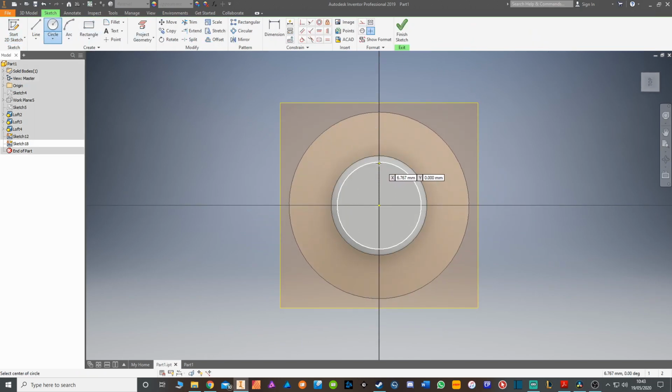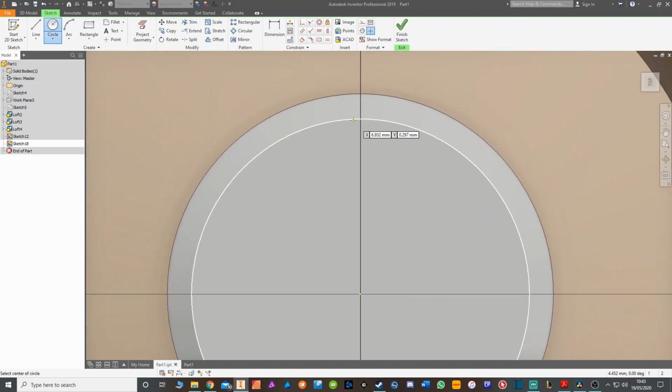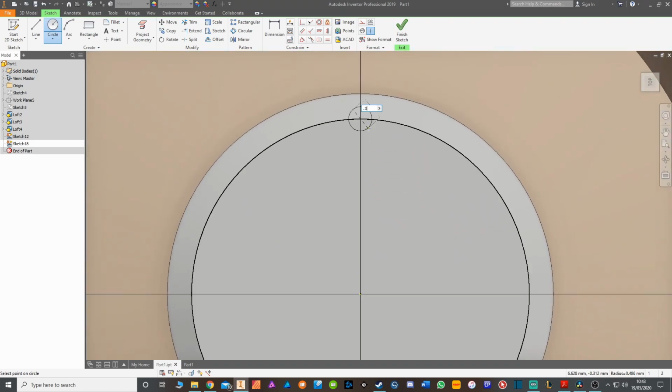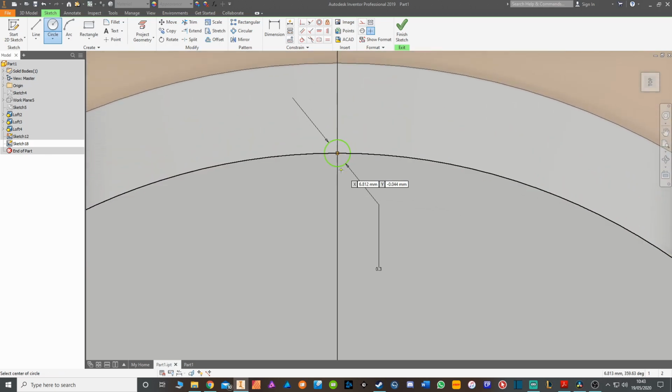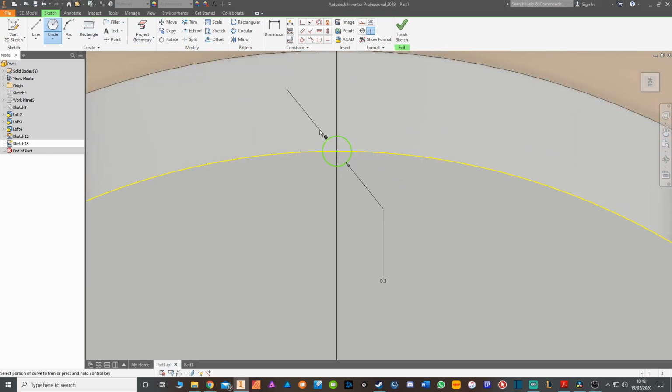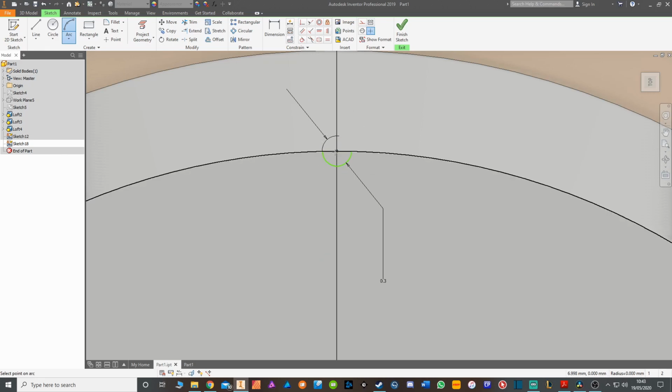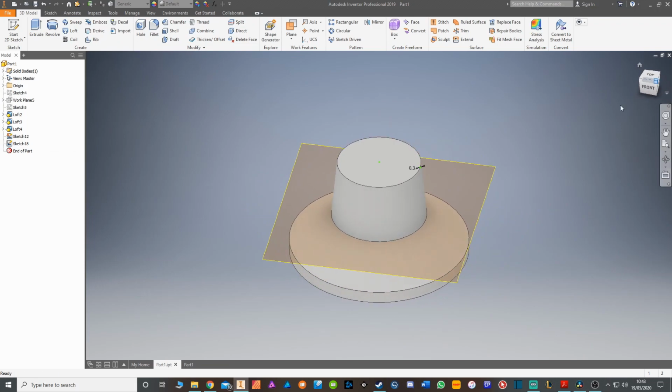What I'm going to do is create a circle. I'm going to zoom in quite far because this is very small, 0.3 millimeters in diameter, which is tiny. And then what we do is we trim that part there. I'm also going to make sure I get rid of that yellow bit there, and then just draw the arc to complete that. So that's me got my sketch on the top there,